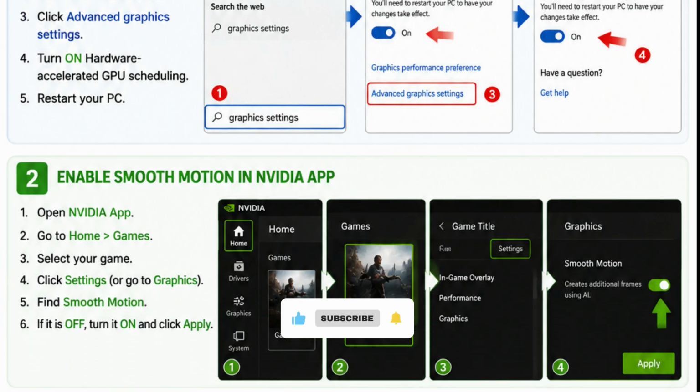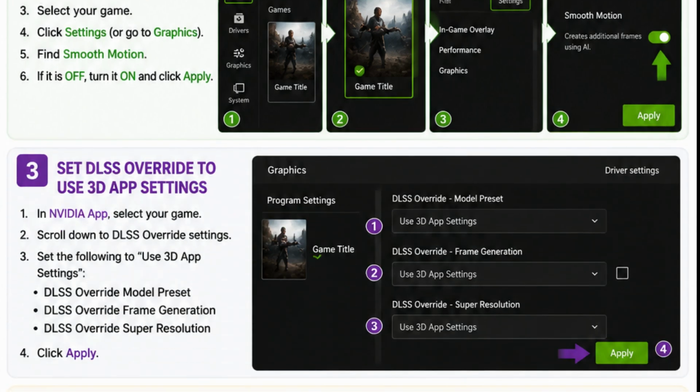After restarting, open the NVIDIA App, select your game, then look for Smooth Motion. If it's available and turned off, enable it and apply the changes. Next, stay in the NVIDIA App and go to the game's graphics settings. Find the DLSS options and set